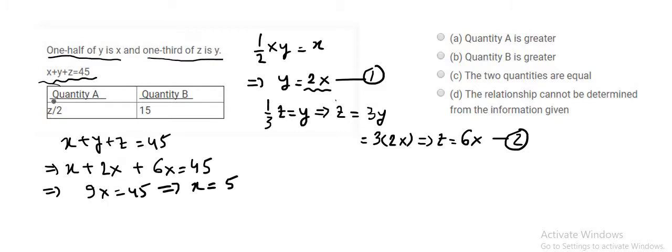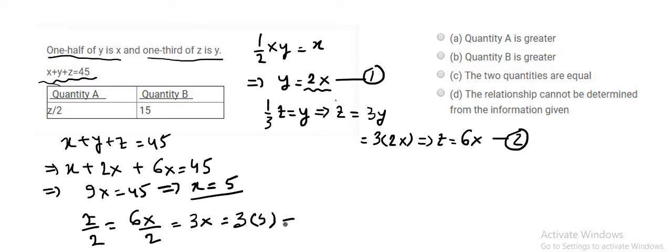So we have to compare the quantities z by 2 and 15. Ultimately we will have to find the value of z by 2. We also know from equation 2 that z is equal to 6x. So z by 2 is equal to 3x, and since we have found the value of x to be 5,